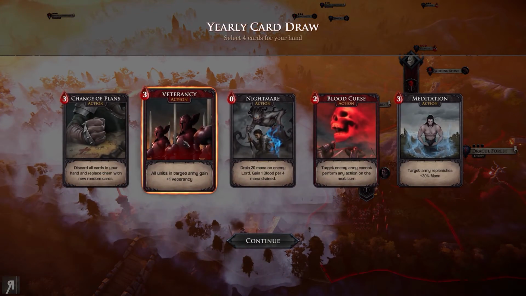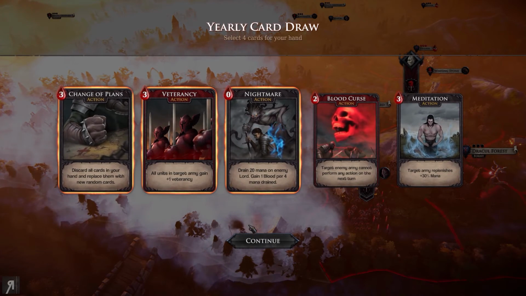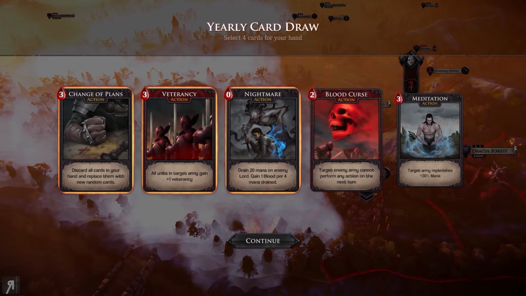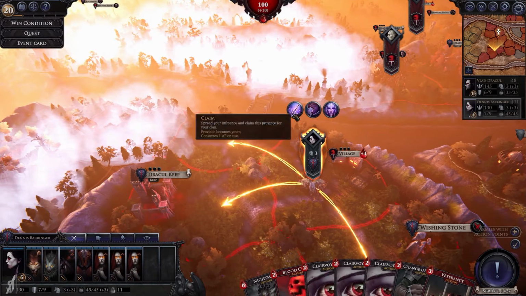Alright, let's see now. Veterancy is really good, going to take that. Nightmare is good as well. Change of plans might be good to get rid of all of the clairvoyance. Oh yeah, we should also take Blood Curse. Okay, so we'll capture this,